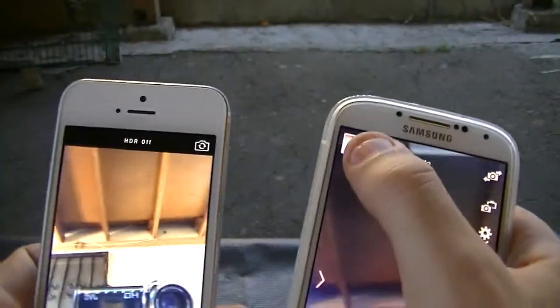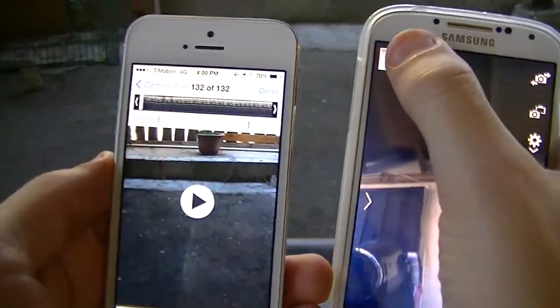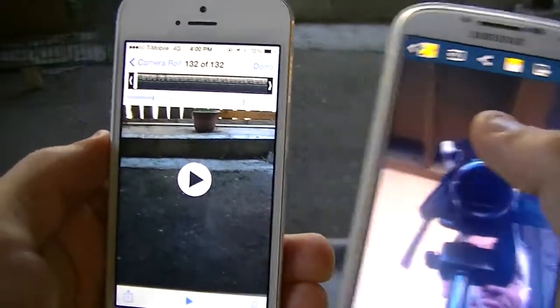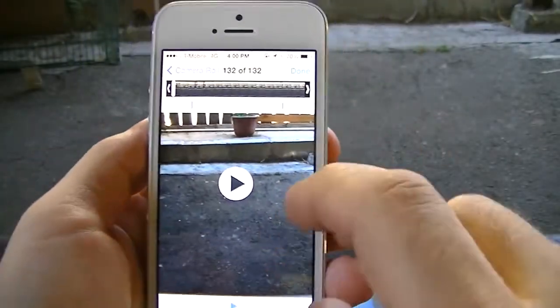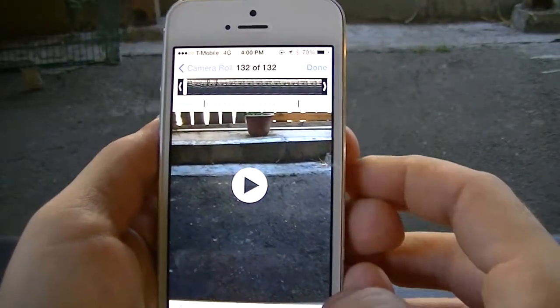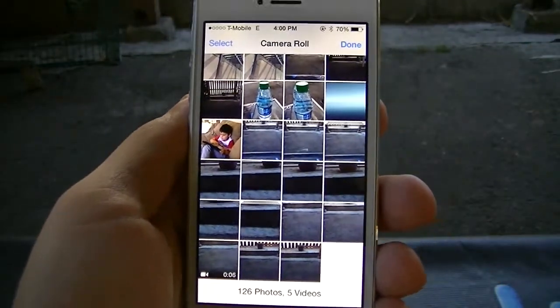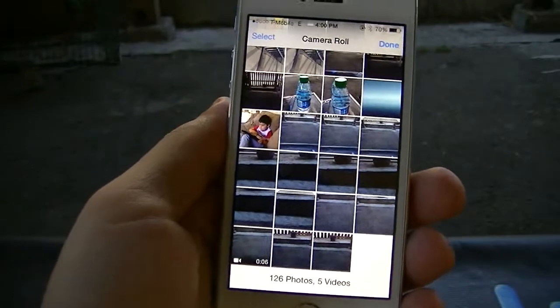Okay, and you can see again, you can just click up here, click down here to get to your photos and your videos and whatnot. You can see it here on iOS as well. If you don't want it, you could delete it. Just delete that video right there. So fairly simple, fairly comprehensive, fairly easy to use, and the camera has really good quality.